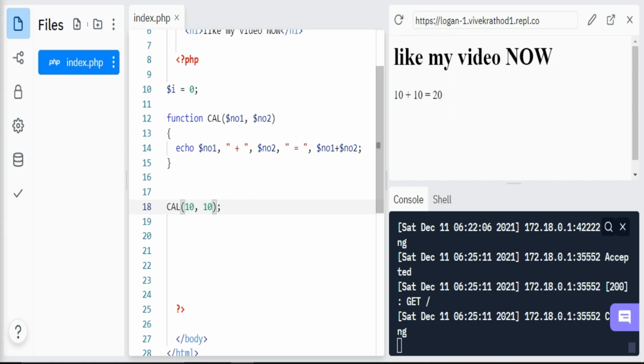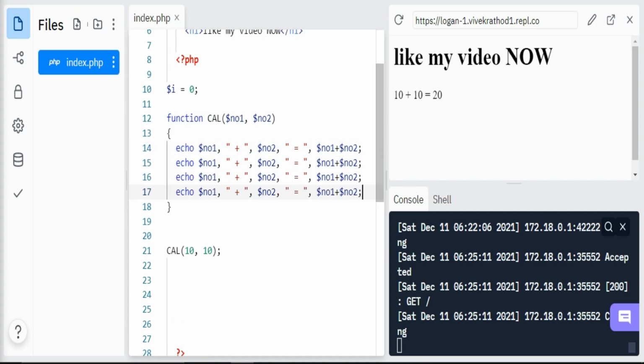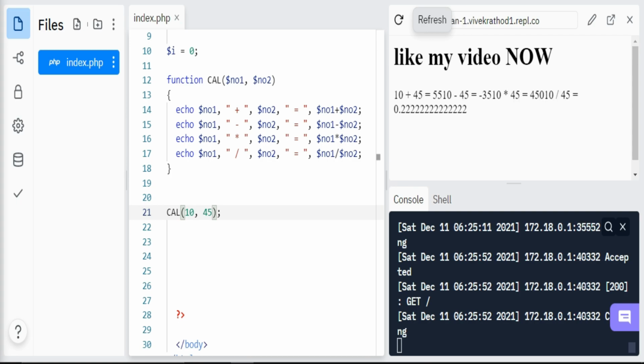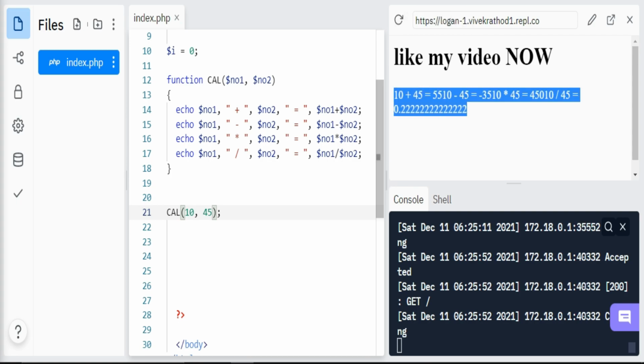Now I'm gonna copy this line and create a whole calculator: minus, division, multiplication and so on. So plus, minus, multiplication, division, that's it for now. Then I have to change in here to minus, multiplication, and this is the division. So now let's change the value, let's say 45. Let's reload it. You can see we got a lot of output, but now I have to create a br